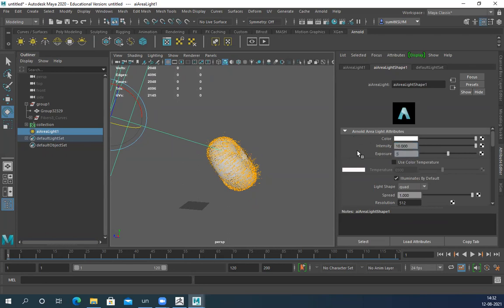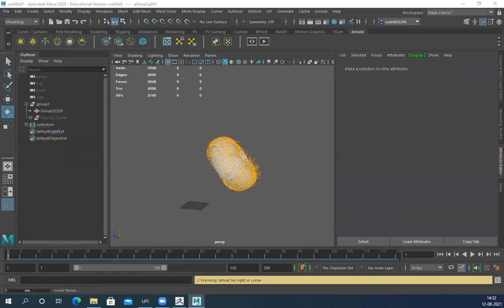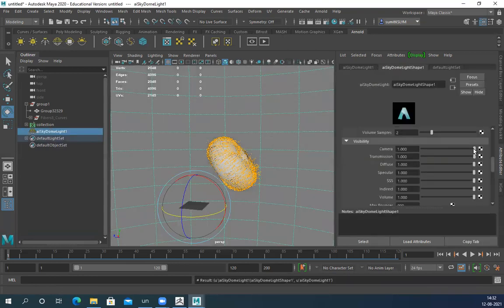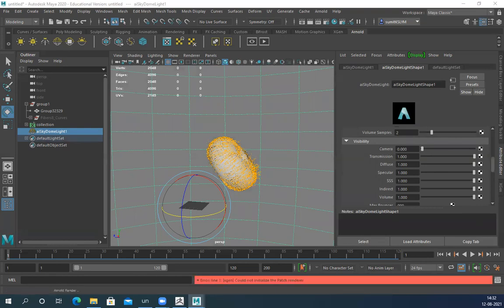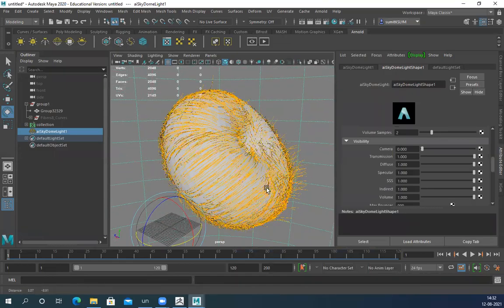Then, still not rendering. It's not rendering. It renders only gray. This thing. Am I missing something?